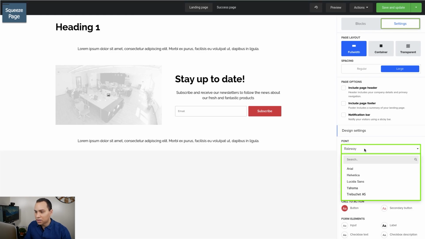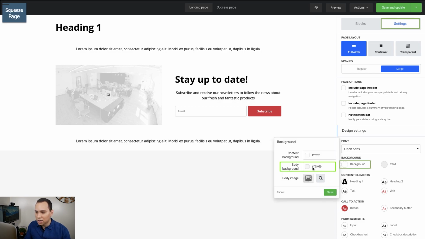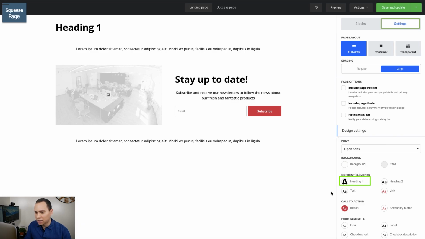So first thing we're going to do is change our font. I like using Open Sans, so I'll just go ahead and select Open Sans. You can play around with the fonts, whatever works best for you and your brand. And then of course we'll change the background to white. You'll notice that there's actually this little gray box at the bottom here that takes up almost half the page. I don't really like how that looks, so we'll go ahead and click on Save, and now the entire page is white. Of course, you can change it to whatever color you'd like.